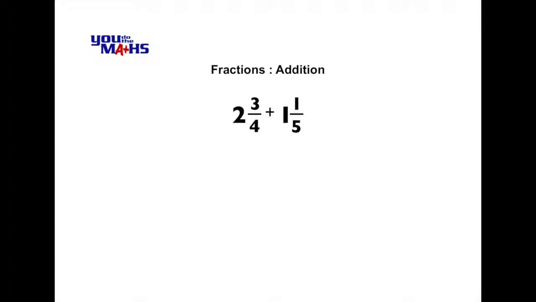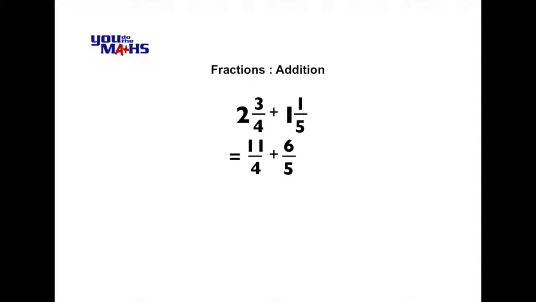When considering adding fractions, we'll have a look at the case where we've got two mixed numbers. Now the rules that we're about to see apply to any fractions, because the first thing to do would be to change these mixed numbers into improper fractions. 2 3/4 will become 11 over 4 because we multiply the whole number 2 by 4 and then add 3